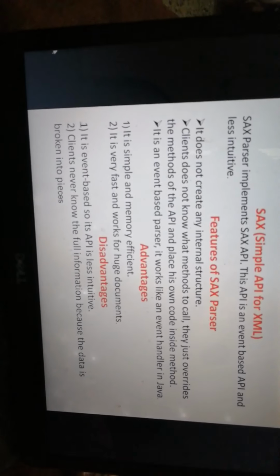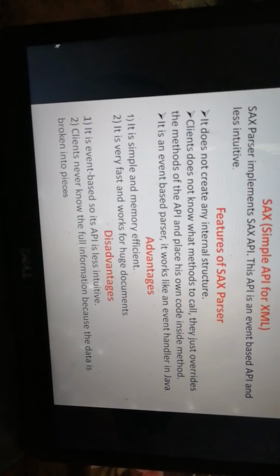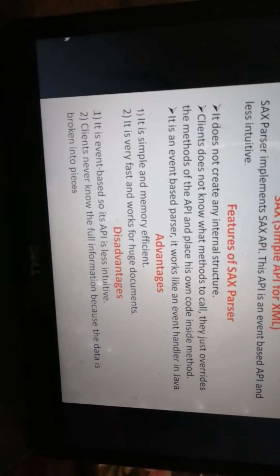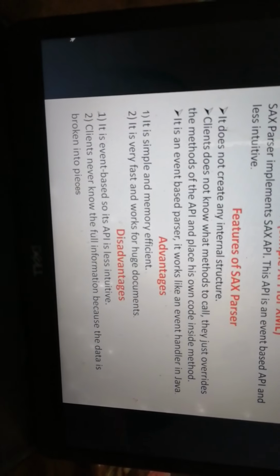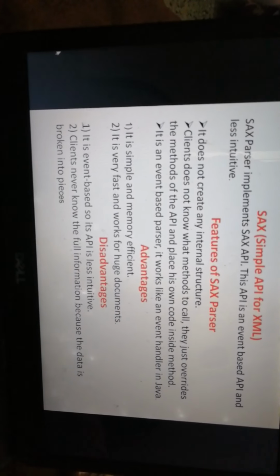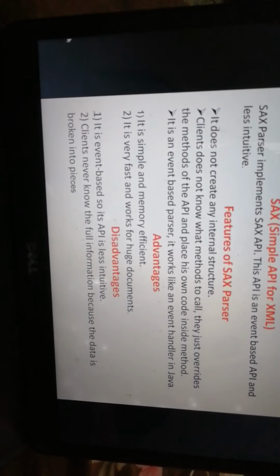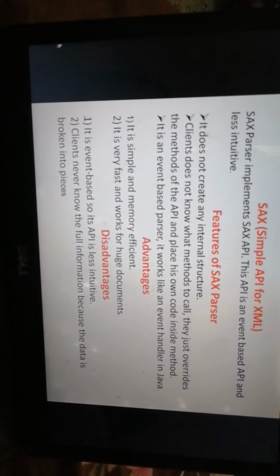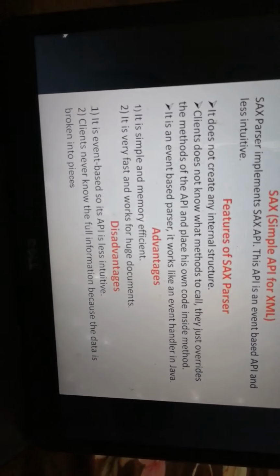These are the two we have discussed, the DOM parser and SAX parser. It is a very small topic. Just go through these video tutorials and you will understand these DOM and SAX parsers.